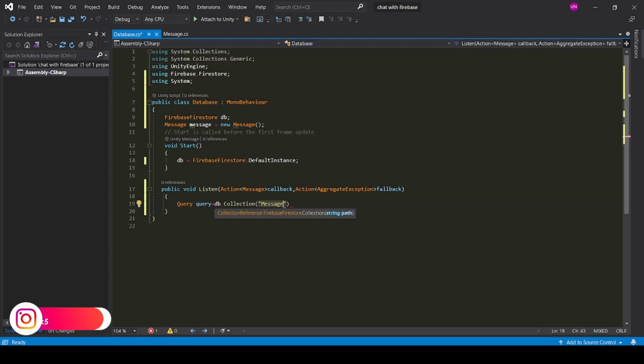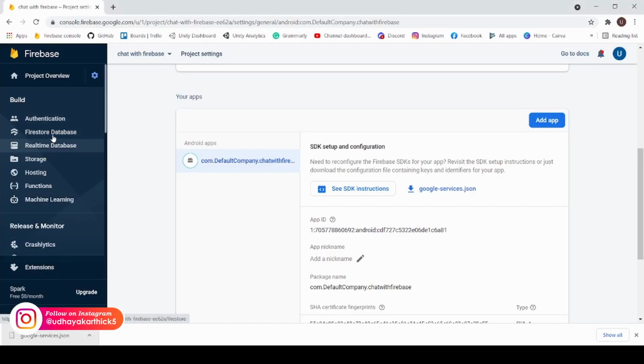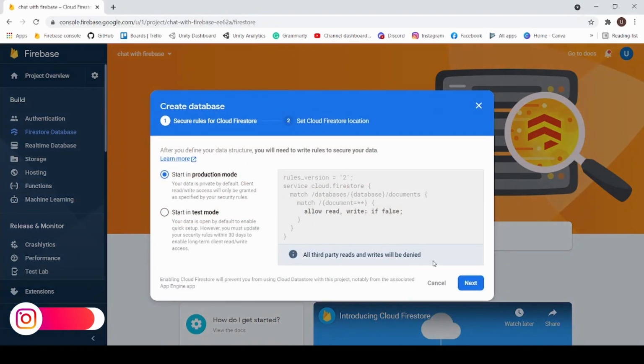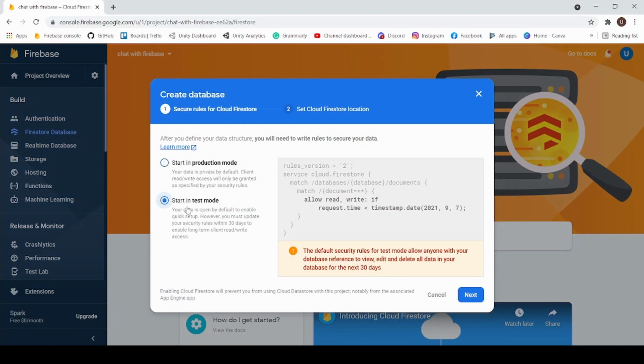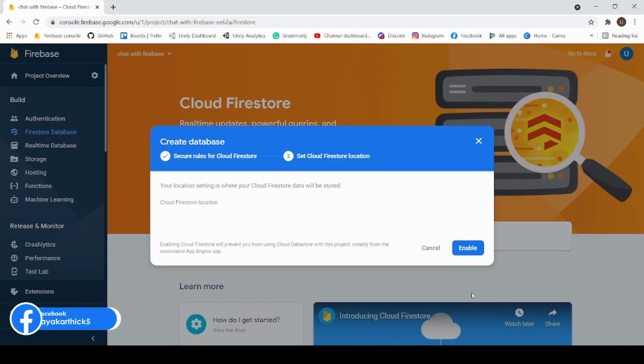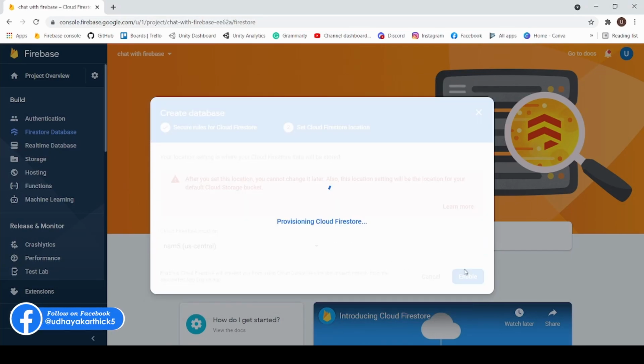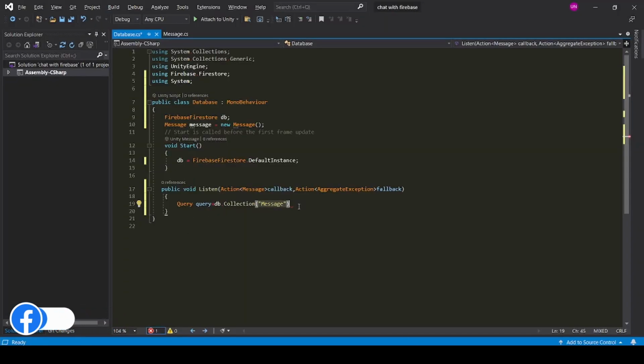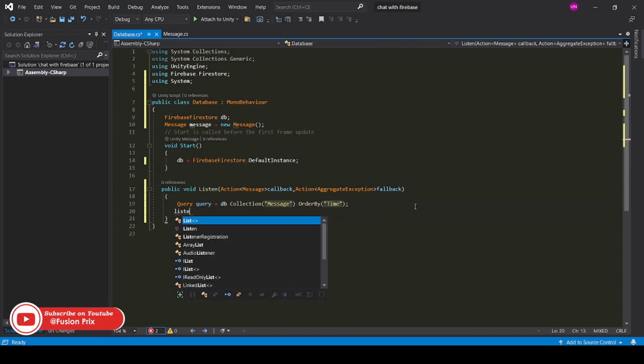Now go back into Firebase console and click on Firestore Database and click Create Database and select Start in test mode and click Next and click Enable. Now go back into script dot OrderBy time. Now add a ListenerRegistration,